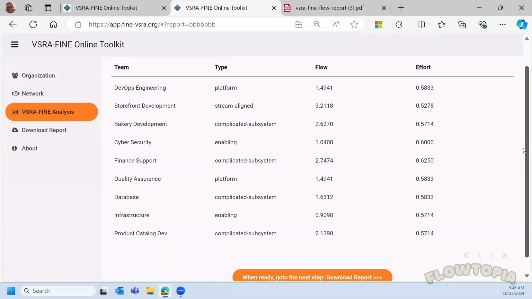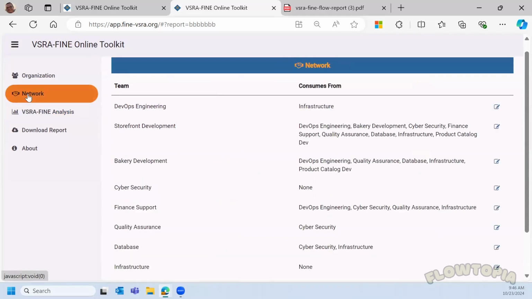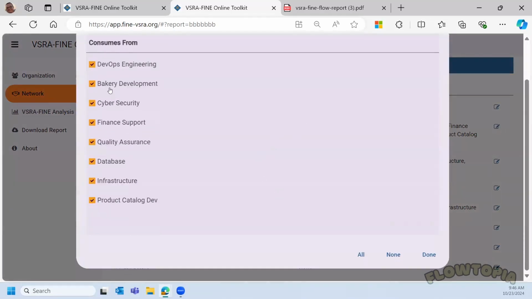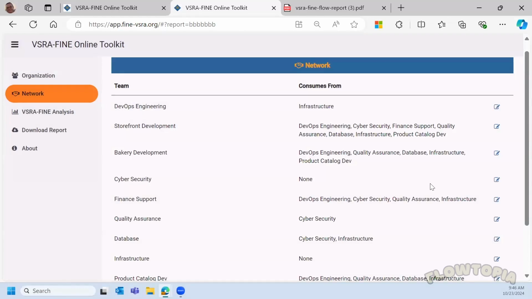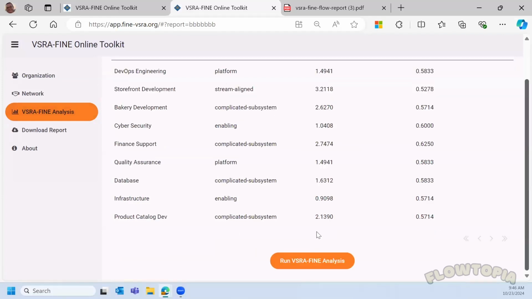The reason for this is because of that dependency, because bakery development is not just doing value add work, it's also supporting storefront development. If we go back to network, and if we remove that dependency, so we go to storefront development and we can remove consumes from bakery development. So in other words, we are decoupling these two pieces of functionality. And then if we rerun the analysis, and the results that we get,